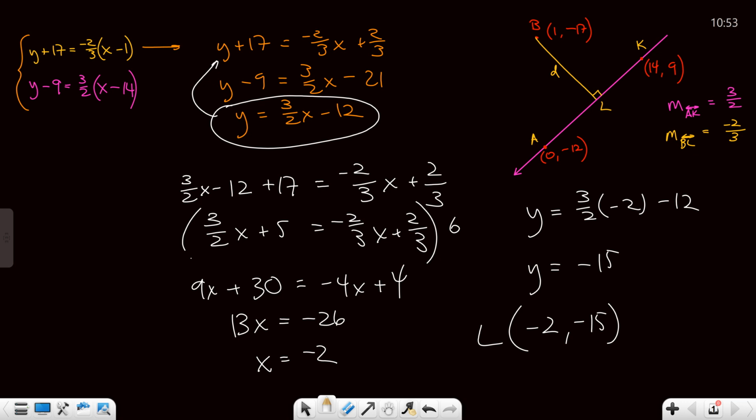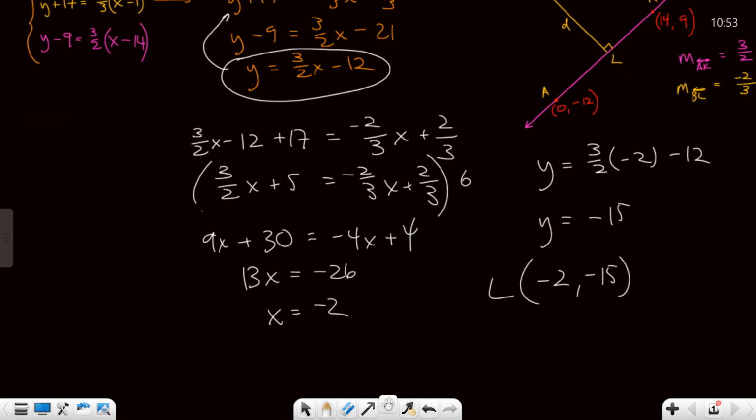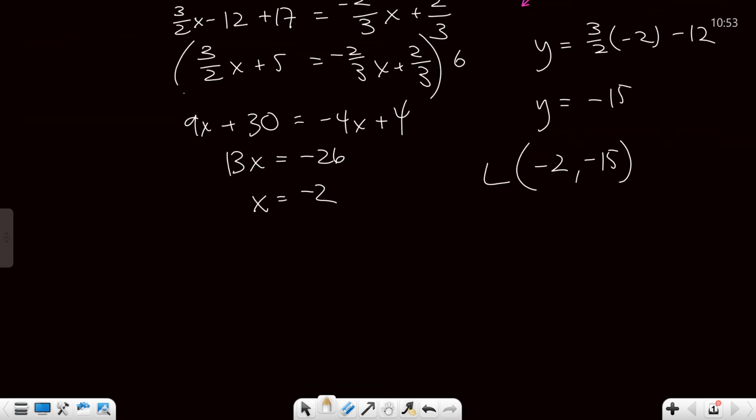So wait, hold on. Let's talk about how to show work. So you'll see in this problem, I tried to incorporate a lot of different colors. But now you're just going to use your calculator to get the answer. How do I know that? Well, this is what I want out of work from you. Let me move this up a little bit. Okay, that's what I'm expecting for work.